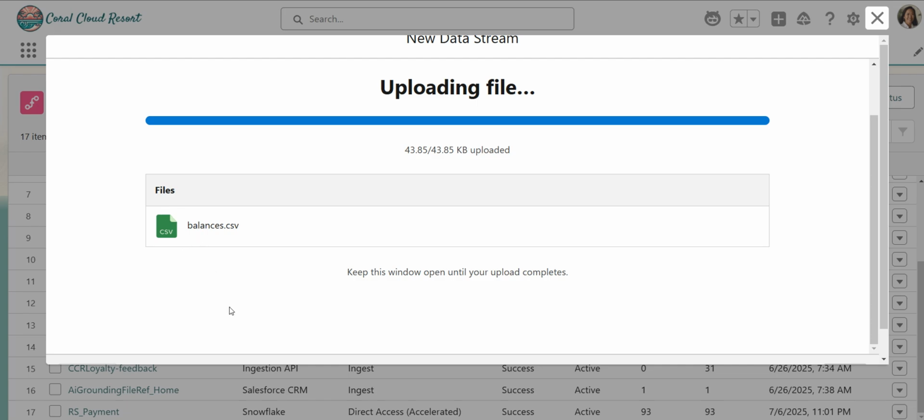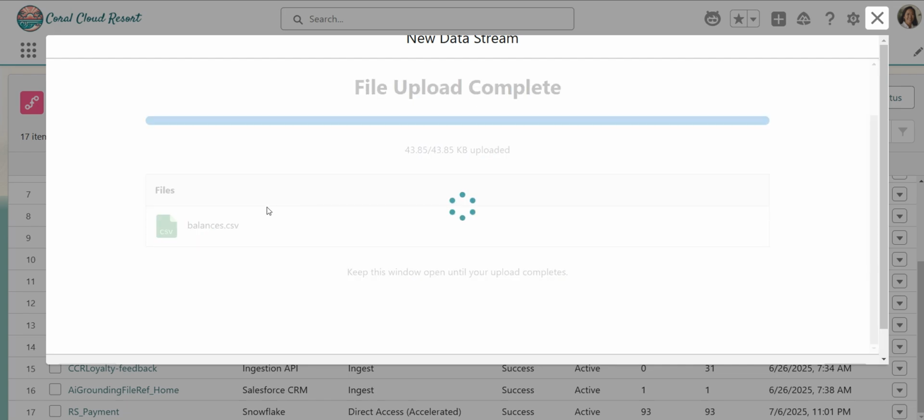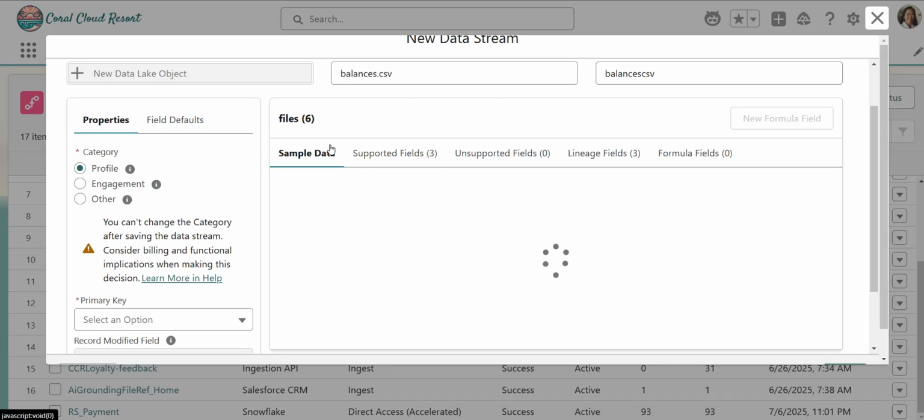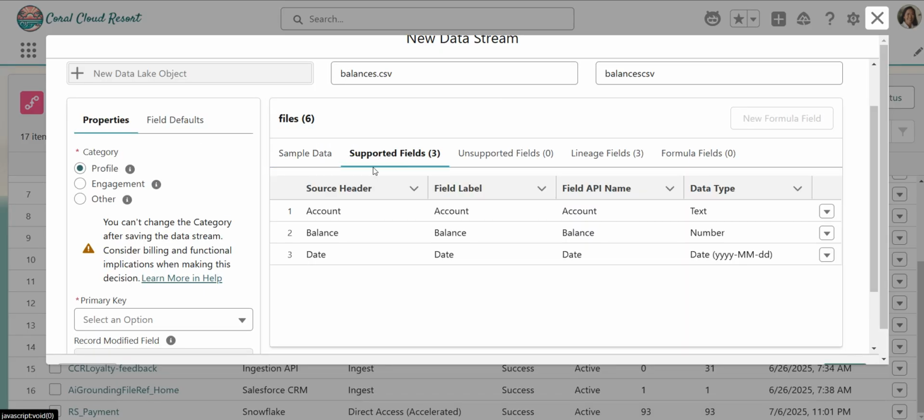So once this finishes uploading, which it looks like it is, we should be able to look at the data fields in the sample data